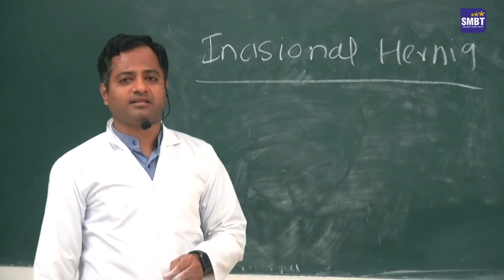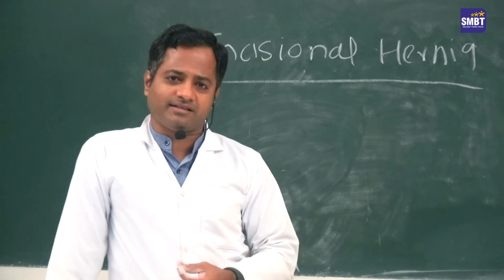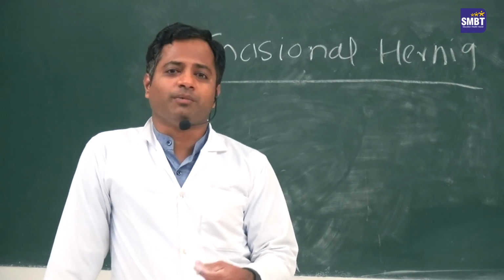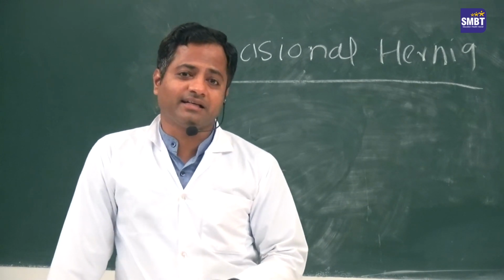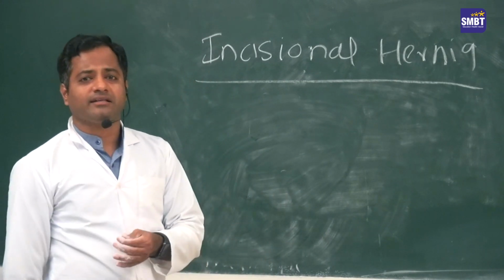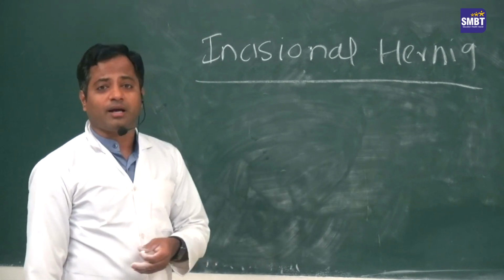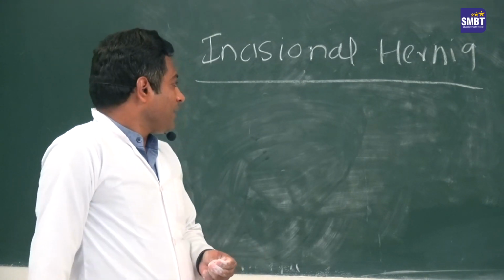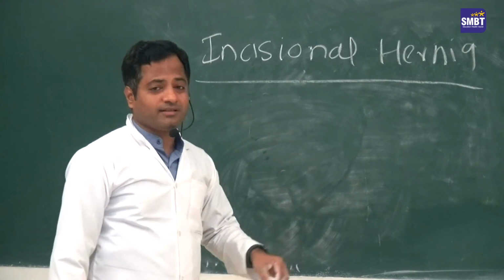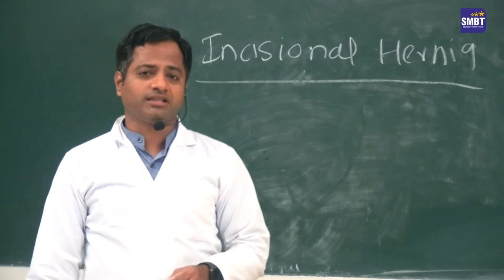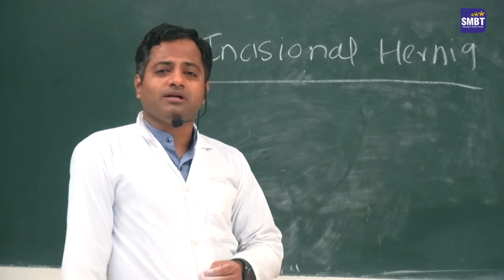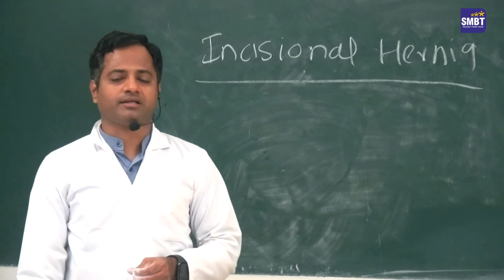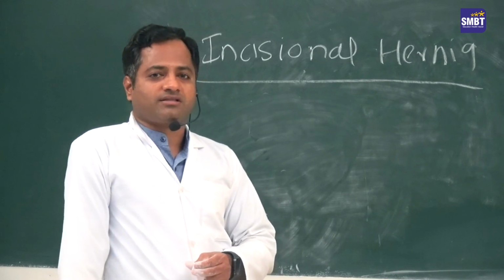Investigations to diagnose incisional hernia are ultrasonography and CT scan. Ultrasonography shows whether it is one defect or multiple defects, the defect size, the content of the sac, and any other cause within the abdomen like ascites, liver diseases, intra-abdominal tumors. If the incisional hernia patient presents with obstruction or strangulation, then sometimes you need to do a CT abdomen-pelvis to see whether it is truly obstructing or a strangulated hernia.